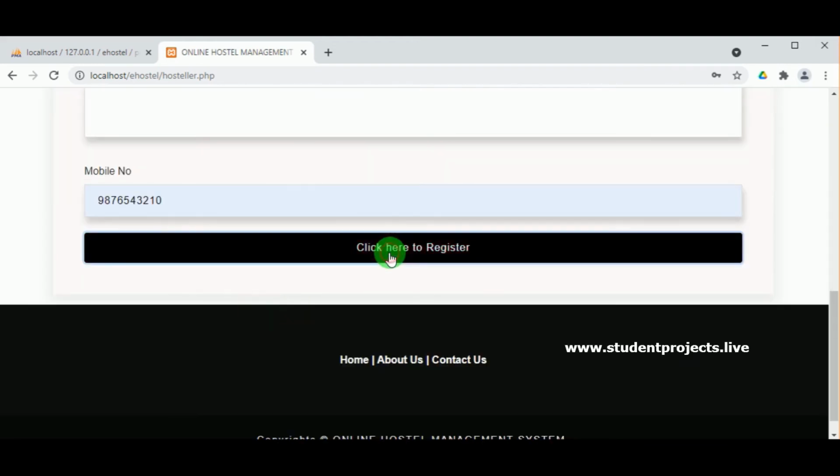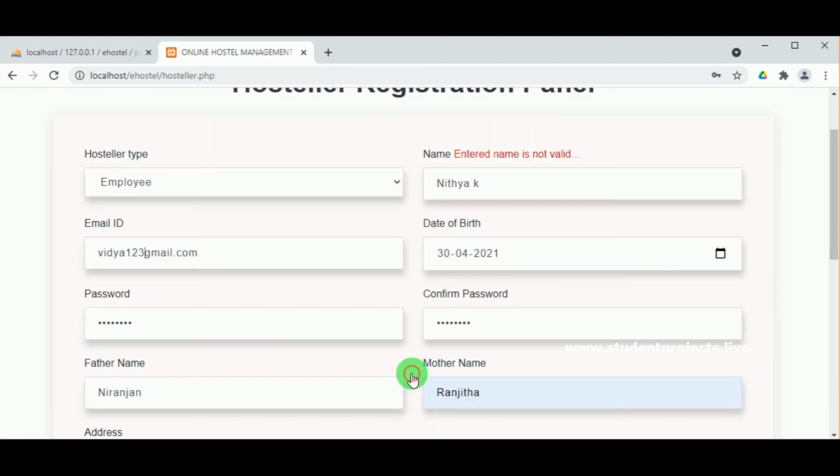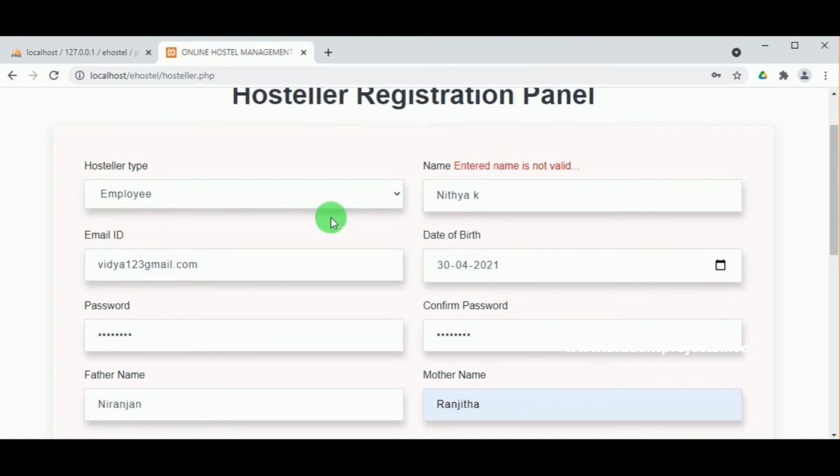Now let us click to register. You can see the name is not valid because I had given digits in the name. Now I had also given the email wrong, so again it's not proceeding because the email is wrong. Let us make it proper.